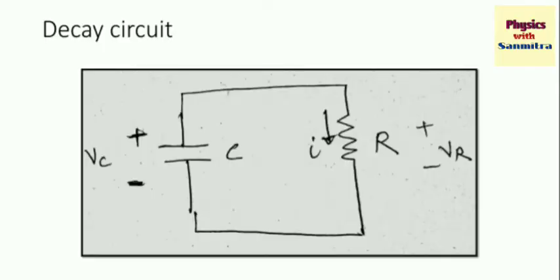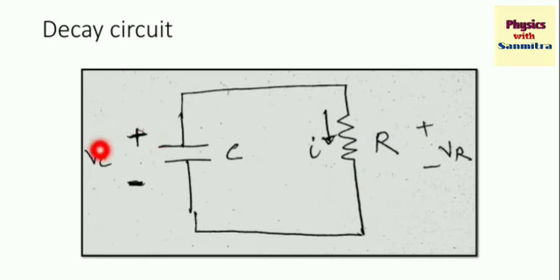Now we have a capacitor which is initially charged or pre-charged at voltage Vc. Now we have a resistor R. Now what is happening here? This charged capacitor will try to discharge its charge. Now what will happen if there was no resistor? The capacitor will discharge all its charge at once, and as we had already discussed, if the resistance is 0, then the current will be very high, the rate of discharge will be very high, and therefore the circuit may burn. So we are connecting a resistor, and now let's see how will the discharge happen.